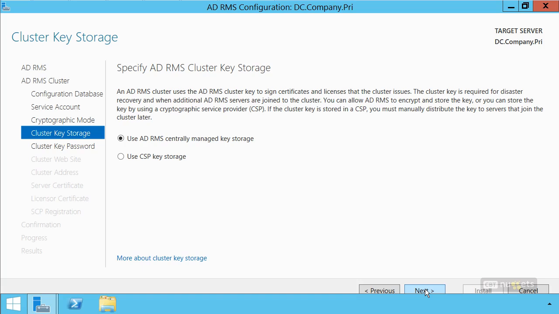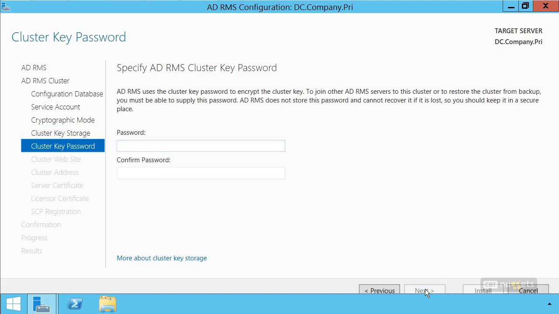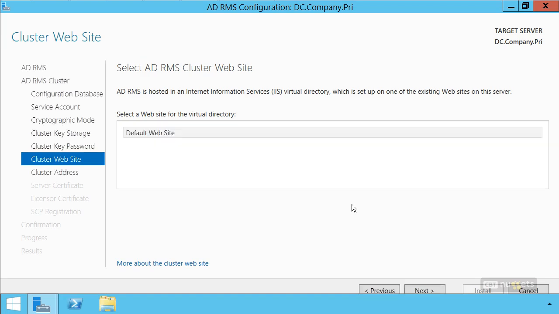ADRMS, I'm going to let it centrally manage its key storage. If you don't, then you have to kind of deploy the keys going forward when servers need to use it. I want to make this a little bit more automatic. So, and now it's going to need a password for it. So I'm going to put in a password. And now it wants to know what website it can create virtual directories off of for